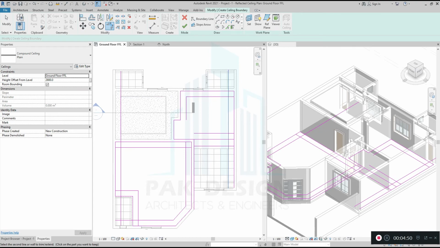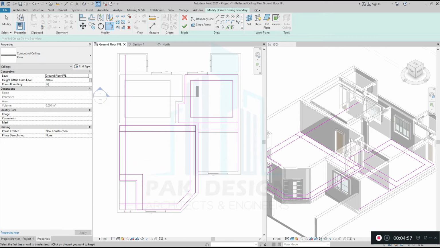This one done, trim, this one done. But here there will be a little bit of changes, but later we'll see once we draw the stairs, so we might need to cut some area, keep it open for stairs.